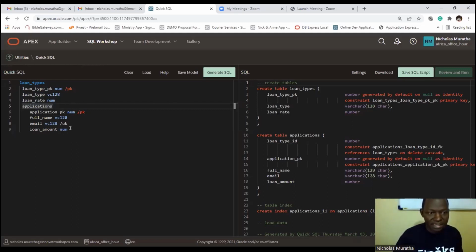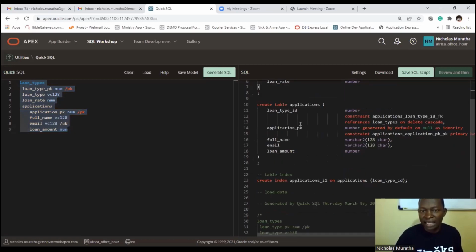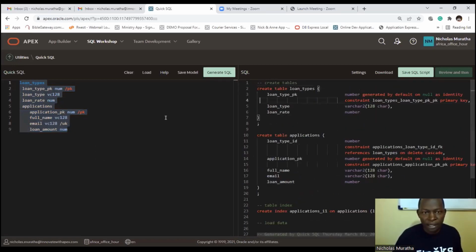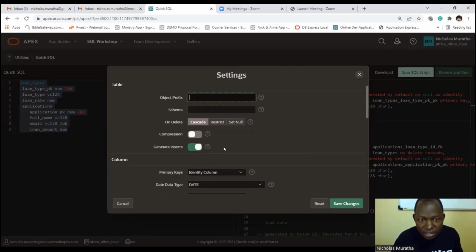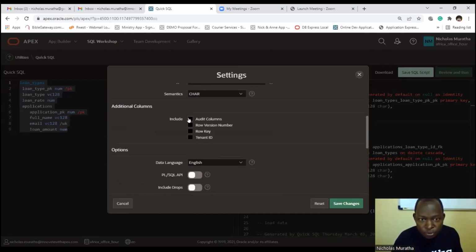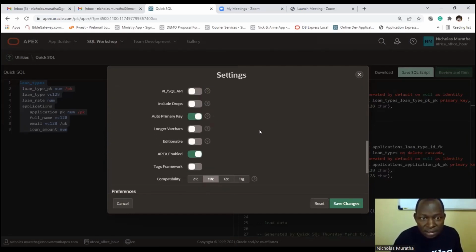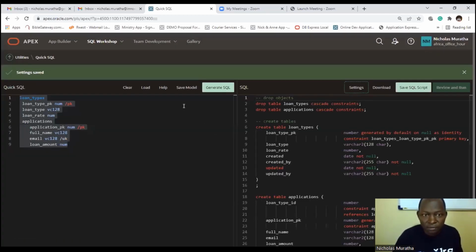And can you imagine, I just typed these nine lines and automatically I get a whole list of SQL generated for me. And I'll just go to setups. I'll add something here on the setup. I'll say I want to track audit. I want to audit what's happening on my table, and I'll include drop tables so that I can reuse the script over and over. And then I'll save